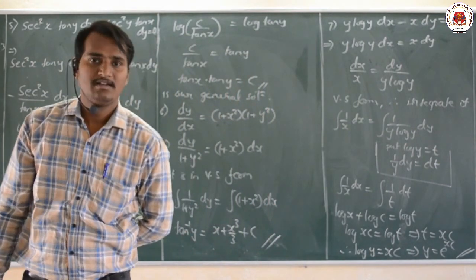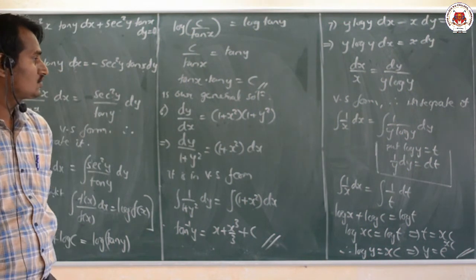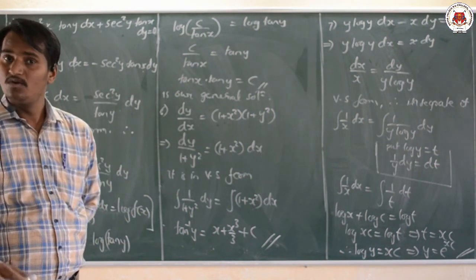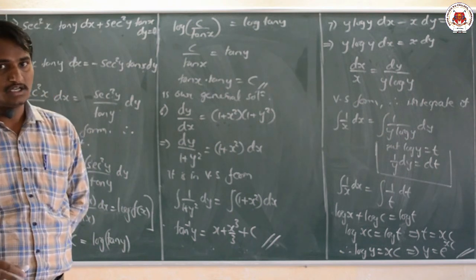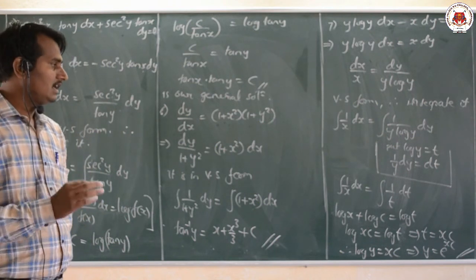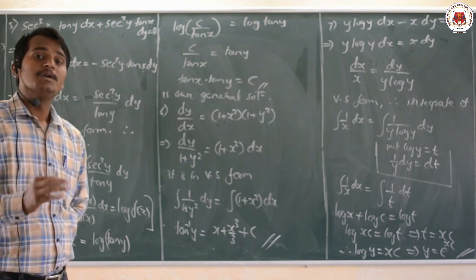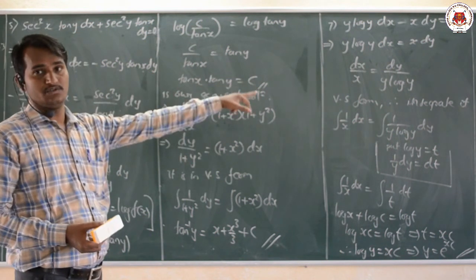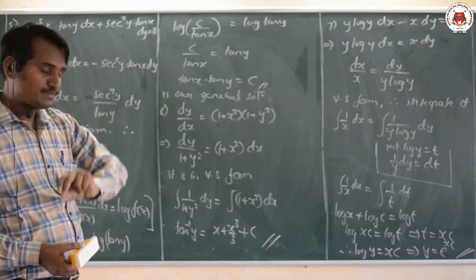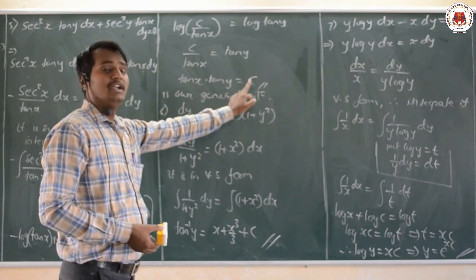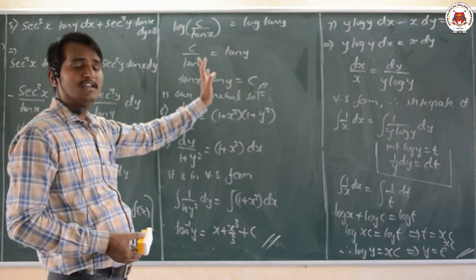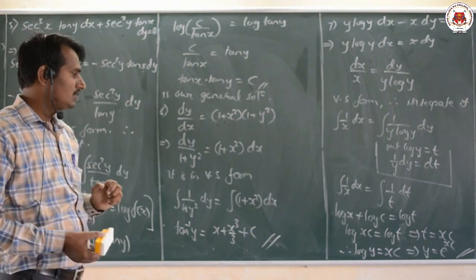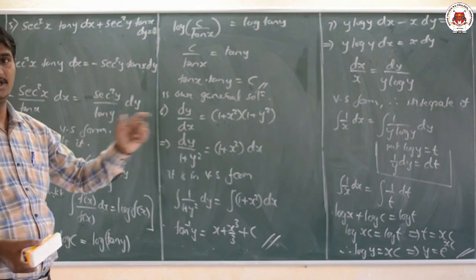Very simple example here. Okay dear students, this is all about exercise number 9.4, only to find the general solution. In the next class we shall learn how to find the particular solution. Particular solution is a continuation of our general solution. It especially requires finding the integral constant value by using some initial condition that will be given. Okay dear students, till then please pause the video to note it down. Thank you.